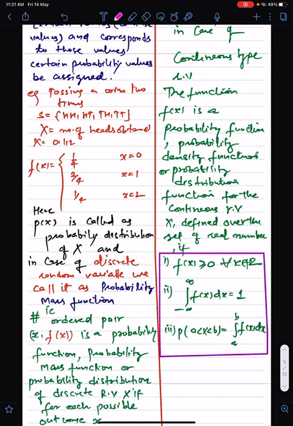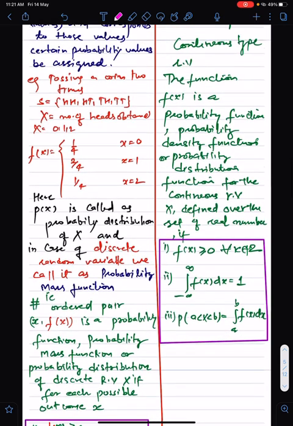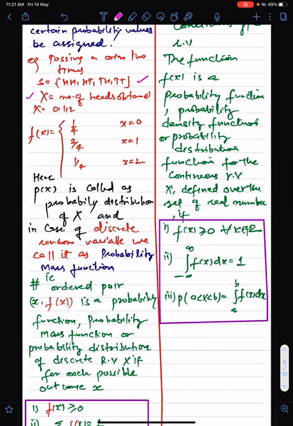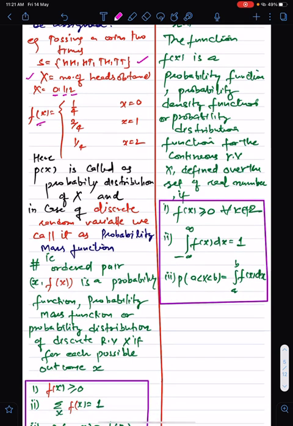We are tossing two coins, or you can say a coin two times. So you have a sample space, and suppose I define my random variable as the number of heads obtained. How many possibilities are there? Either I get no head, or one head, or two heads. I am asked to find the probability distribution corresponding to these values. If x equals 0, that means I get no heads, that is, a tail tail outcome, so the probability is 1 upon 4. The possible outcome is 1 and the total number of outcomes is 4.